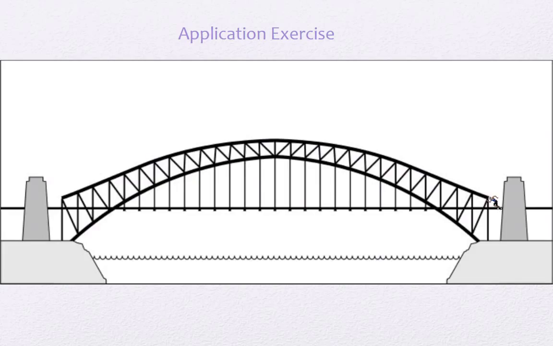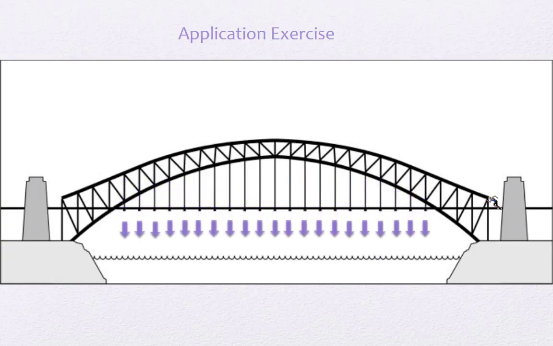Now, for an application exercise. If I was an engineer to construct a bridge, I would consider the dead load on the bridge with the materials I'm using, the live load on the bridge for the occupants that are going to use the bridge, the wind load on the bridge, the cyclone rating on the area,